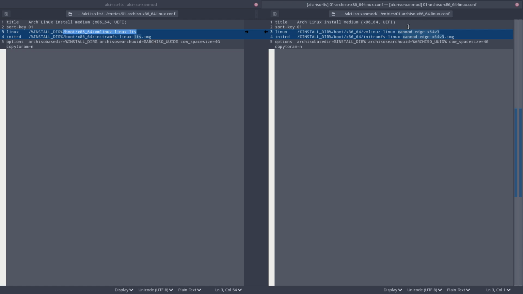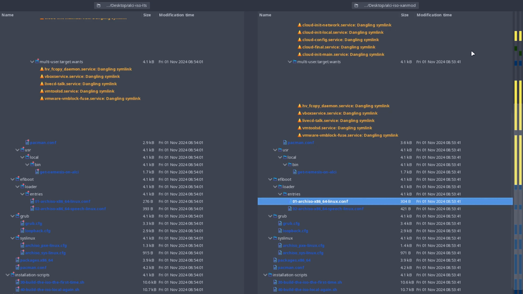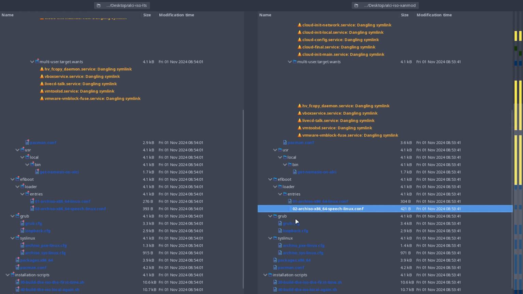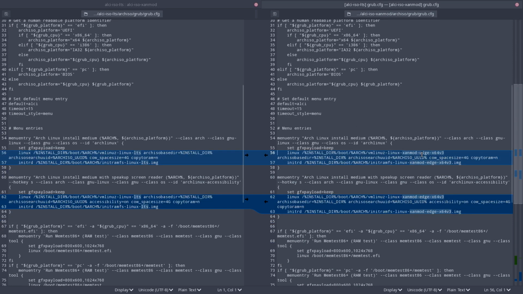If we install the Linux Xanmod Edge, you know that the boot folder will contain the kernel. So you check out what's the exact name. So that's one that needs to change. This one is needed in LTS, and voila, done. And we have grub here. Same thing,